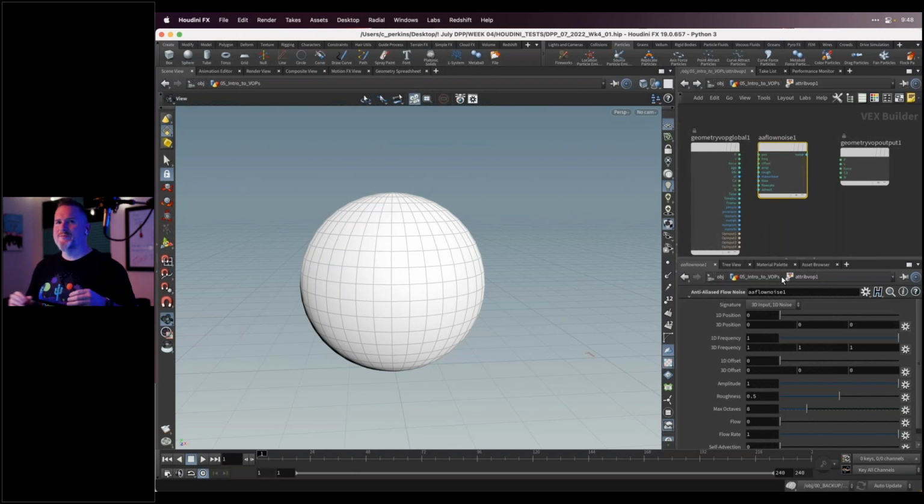What we're going to use is basically a fractal noise pattern. We've talked about the color attribute and stuff like that. So what we're going to do is create a fractal noise pattern that's moving around our sphere, but it's also going to create a color attribute that we can then use with particles. So I can change the signature to 4D input 3D noise, and that's the first thing you want to do with this node.